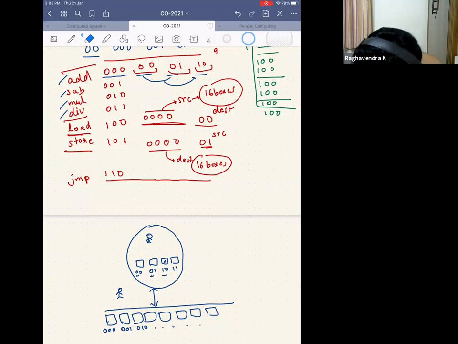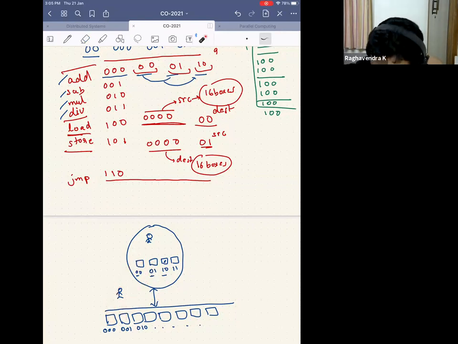The reason I need load and store is I have to communicate to this girl to either copy something to here or copy it back to something here. So if I do a load, the load command is given by 100. So the moment he sees 100, he'll say, okay, this is not my command. I will pass it on to this girl. So then this is 100, and then I specify other 4 bits, or however many bits. So I have 4 bits here. So this is the source.